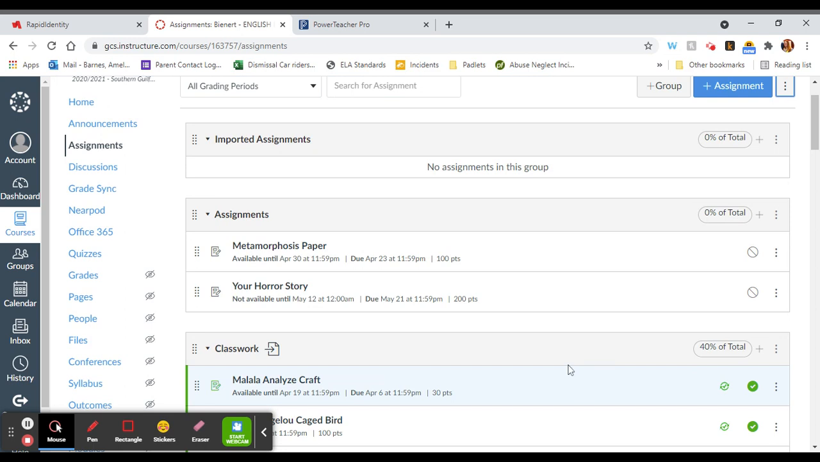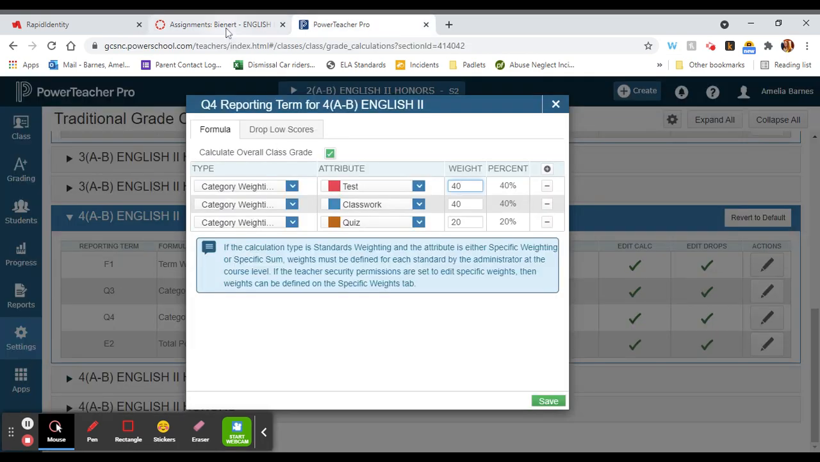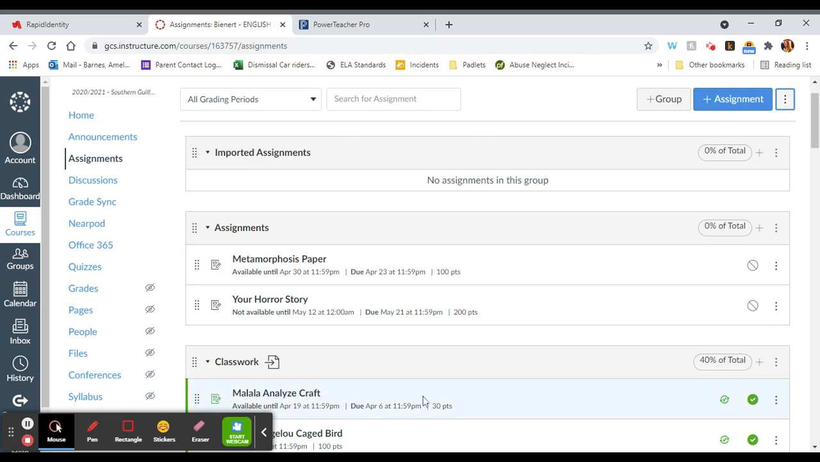And when you go to your gradebook, you should see that the grades in your gradebook here on Canvas, when you click Grades, should now match the ones you see in PowerTeacher. And if that doesn't work, feel free to reach out to me and we can look at what's going on in your two classes and how we can correct